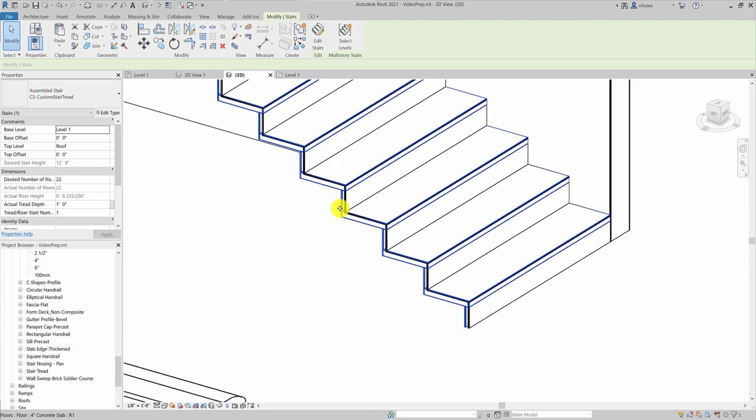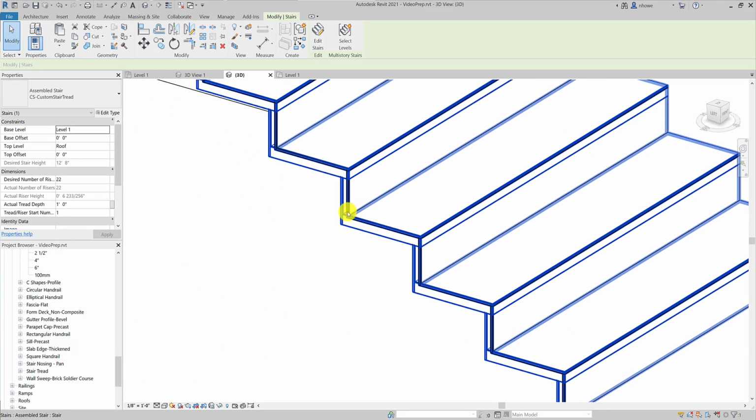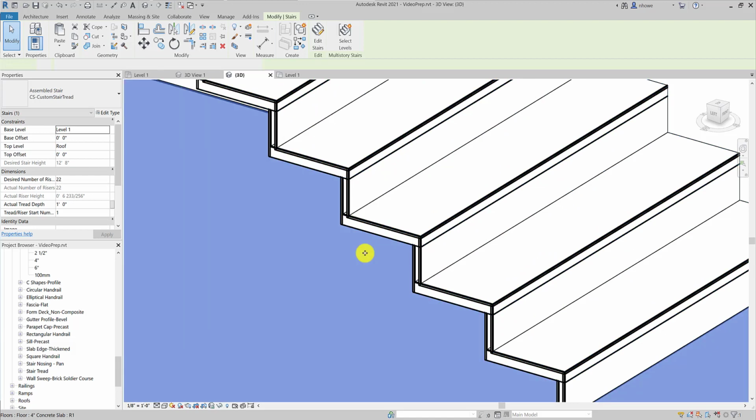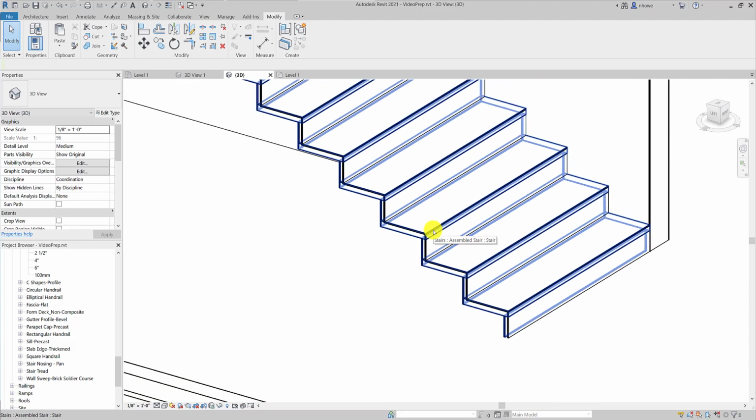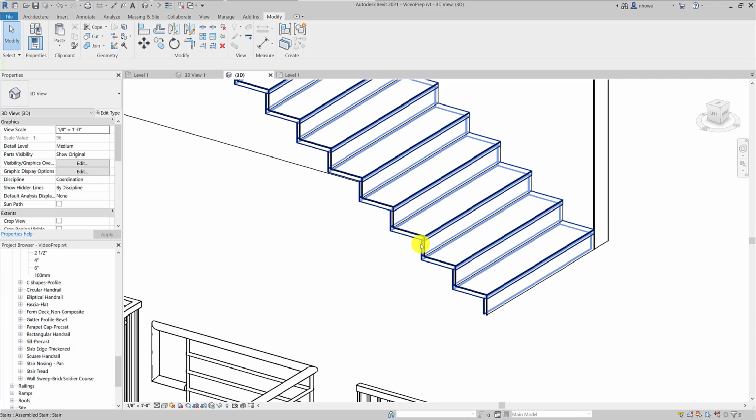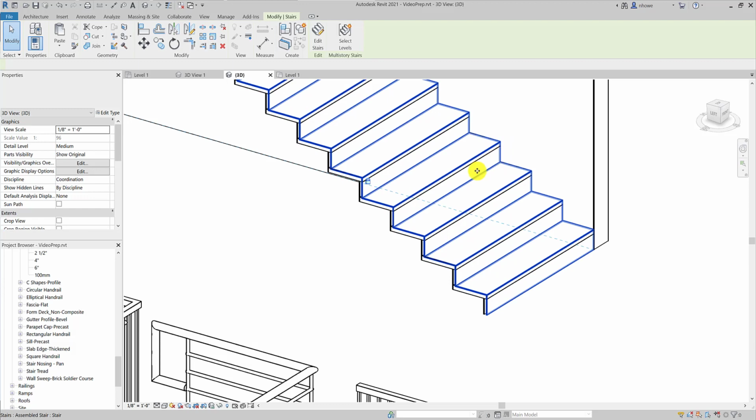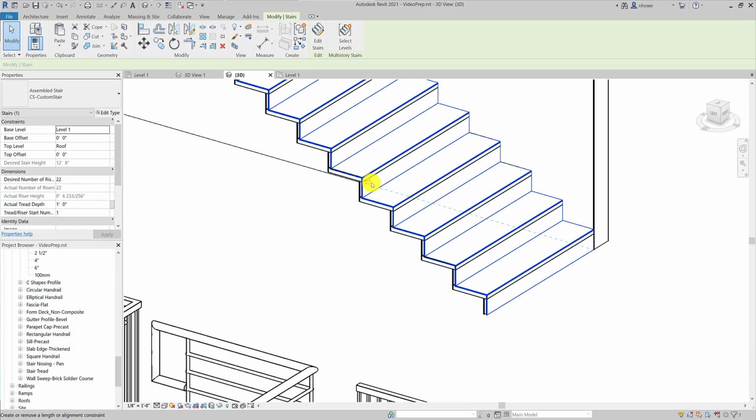Okay, so we can see that a couple of weird things have happened. One, it's built so that it keeps the top of the stair exactly where it should be, and then everything else kind of moves down from there. So what we need to do is grab the original, our bent plate one,